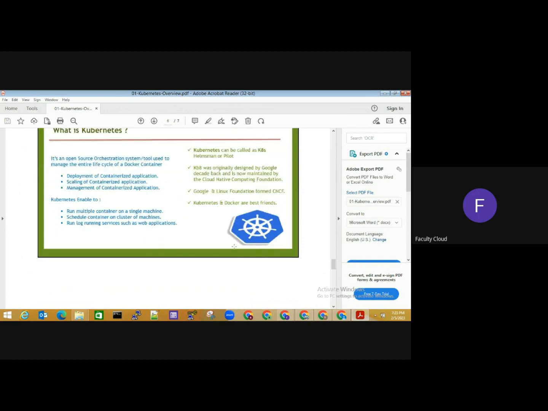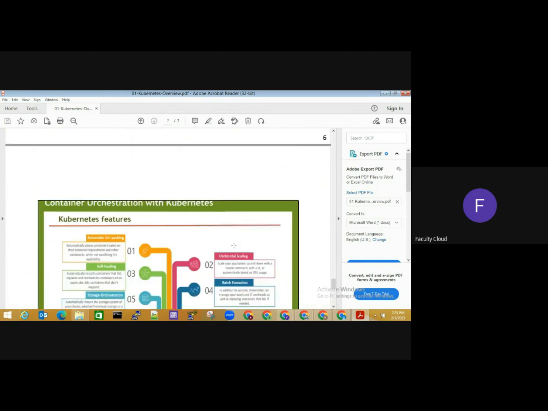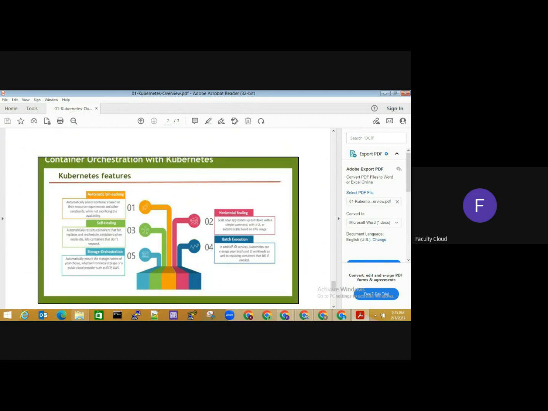They are very well compatible with each other. With Docker only, Kubernetes will operate. So some of the features which Kubernetes inherently provides include automatic bin packing, self-healing, storage orchestration, horizontal scaling, batch execution. You name any feature which you might think will affect your application. It comes as an inherent feature. Inherent means by default available. So if you look into resource optimization, utilization, scaling, availability, everything is supported here.